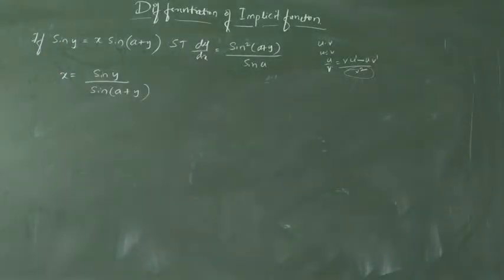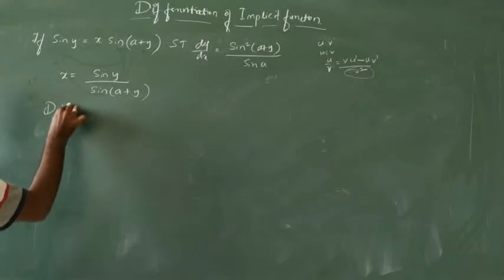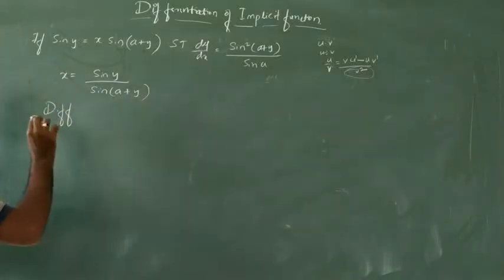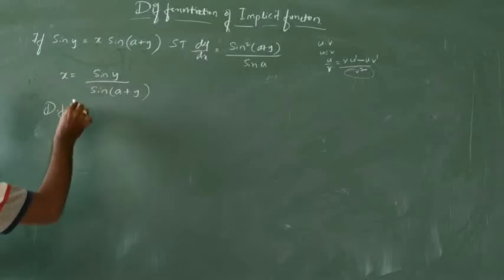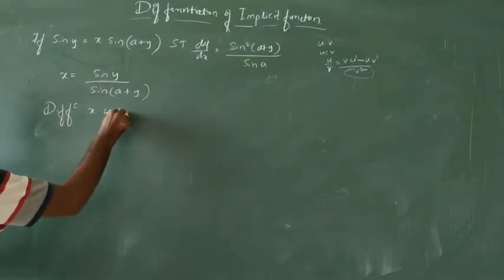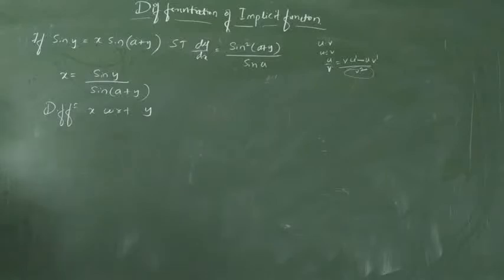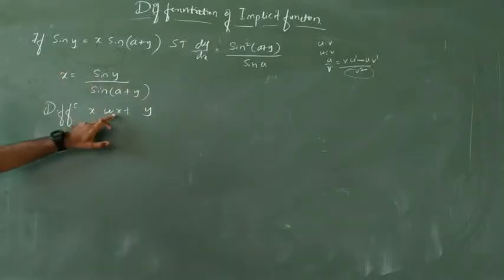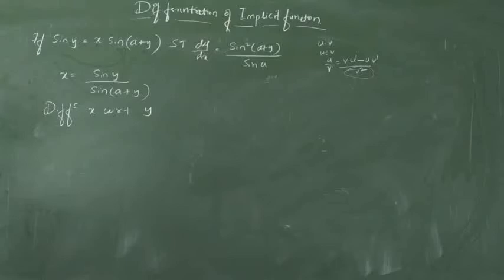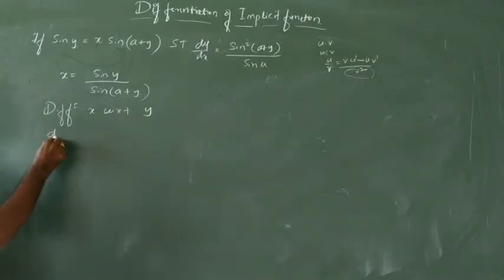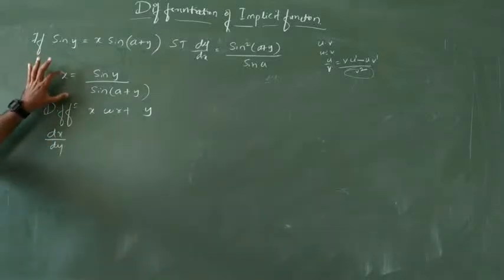So now x is equal to this, they have given. So x is equal to this, then what do we do? Here I am going to differentiate with respect to what? There it was y with respect to x, here differentiate x with respect to y. Here let us do the opposite. Then x is going to be differentiated with respect to y. So then what happens, dx by dy. We are going to differentiate this one with respect to y.